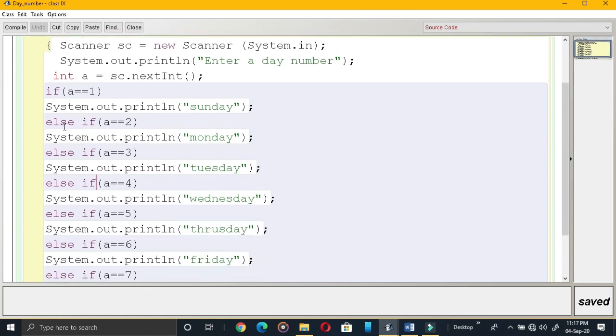Then you may be asking when the control will come to this statement. The control will come to this statement if this is false. Suppose these two are false, then only the control will come to this statement. That is the use of else if. I think it is clear for you.